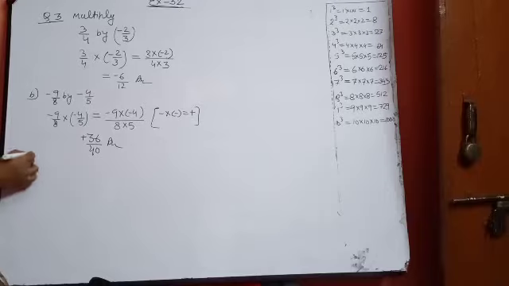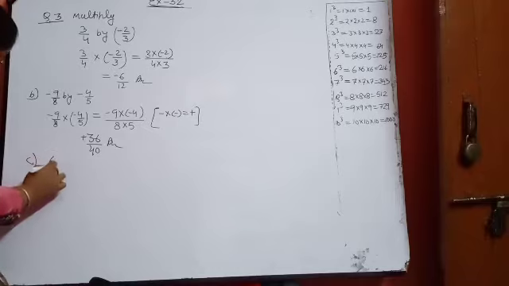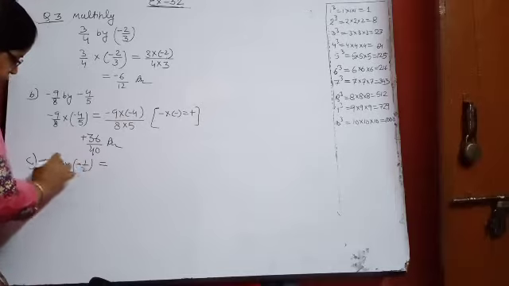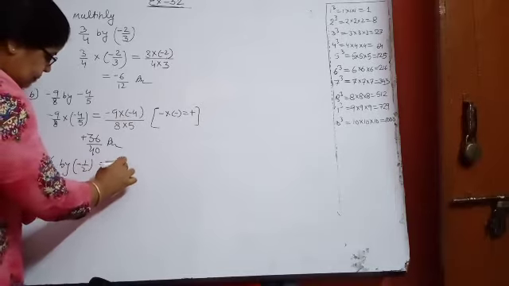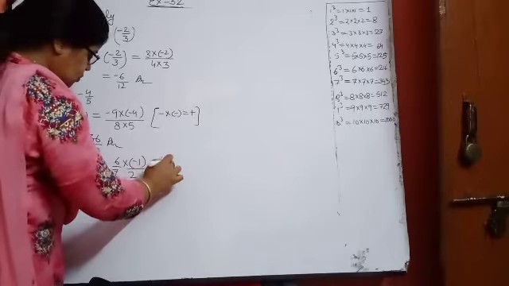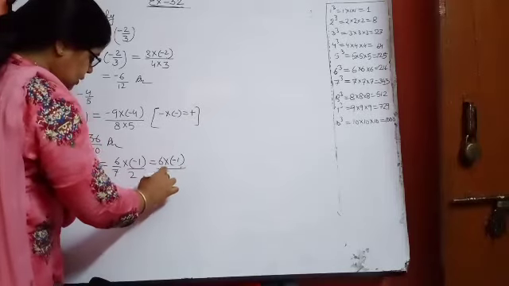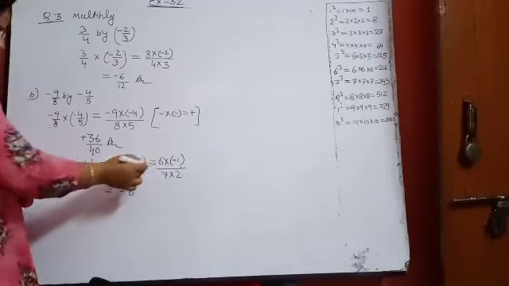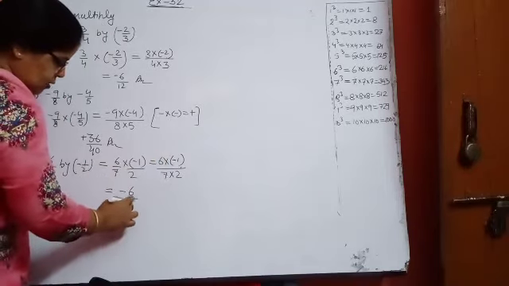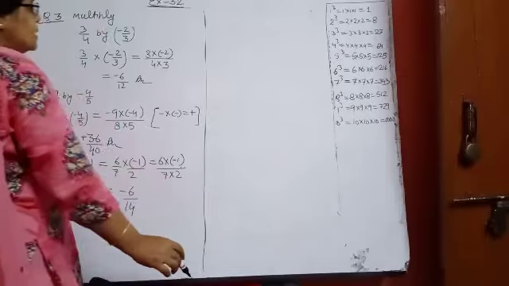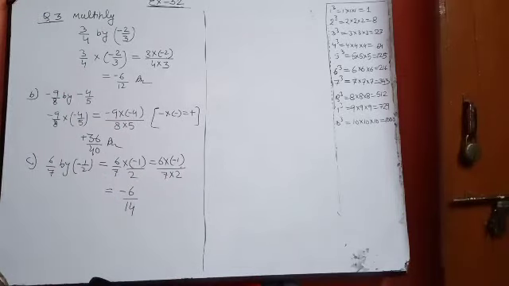Okay, part C, one more I am doing, and then the 2 parts I am leaving for you. 6 upon 7 multiplied by minus 1 upon 2. How will you write? 6 into minus 1 upon 7 into 2. 6 ones are 6 and it will become minus 6 because only one minus is there, and 7 twos are 14. So this is a very simple question. You will do the rest of the 2 parts of this question yourself because I have discussed all kinds of questions with you here.